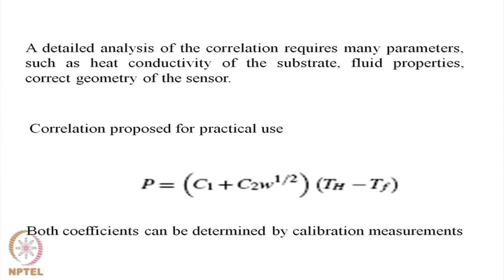Therefore, from the known value of P and the measured values of the temperatures, you should be able to obtain the unknown value of W, the flow velocity, and that is the purpose of the flow sensor. So, C1 and C2 are already known to us. Measuring the two temperatures and the power input to the heater, we would be able to obtain the unknown value of the fluid